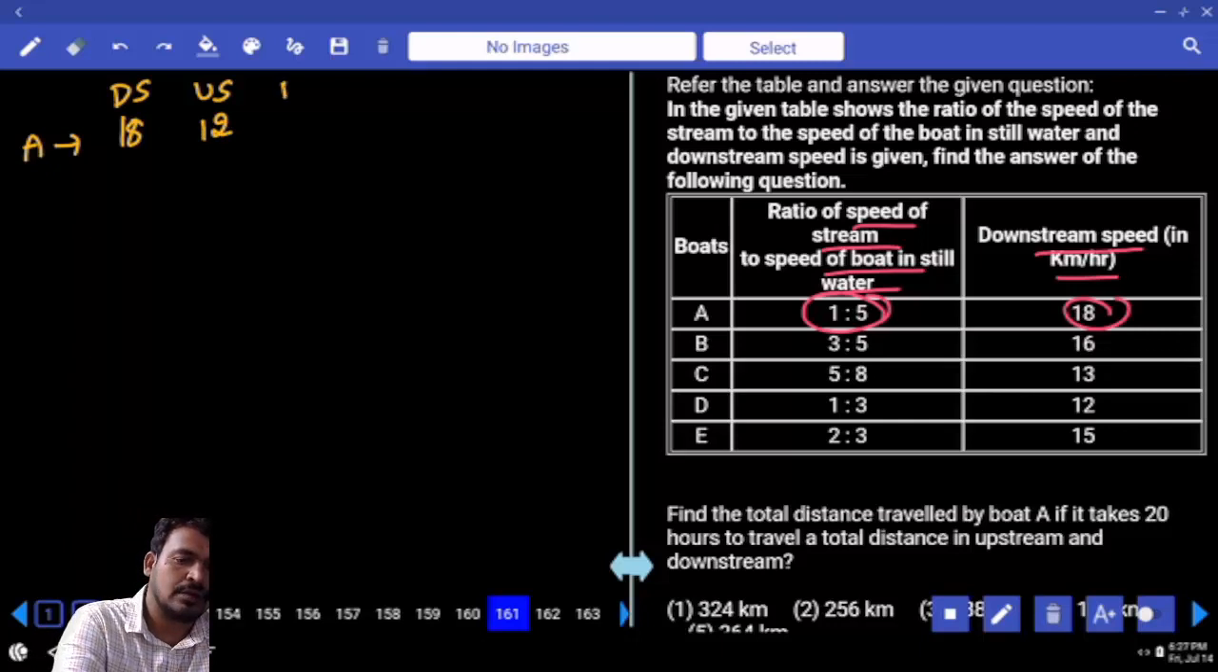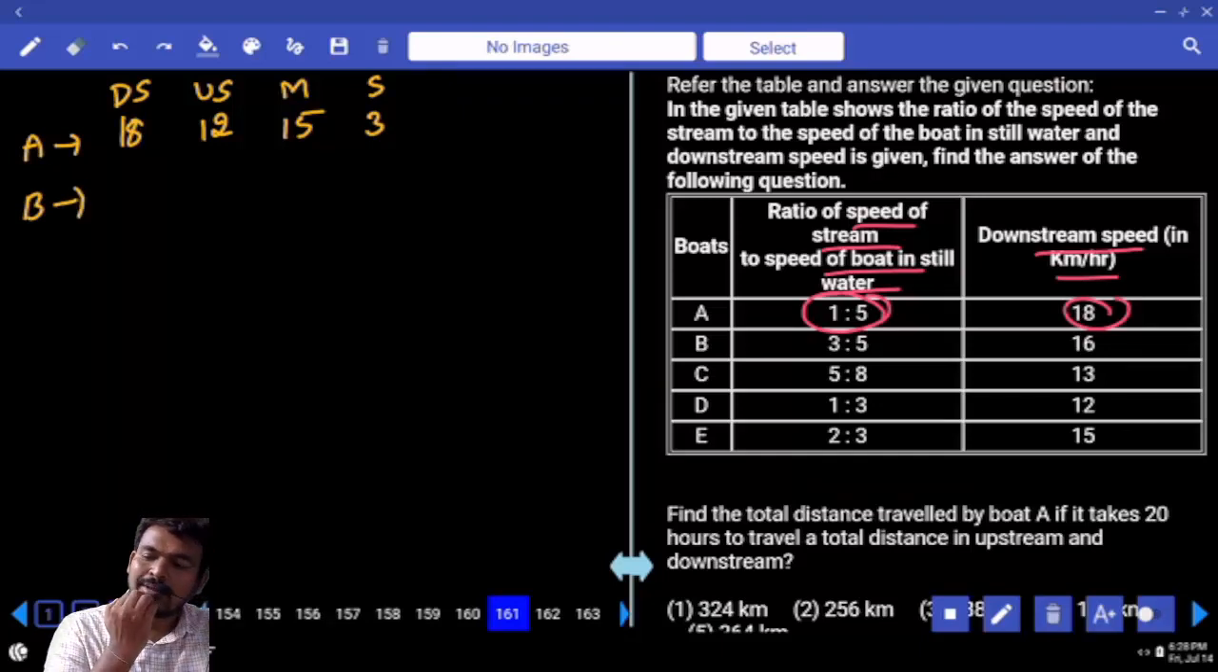And one more, M comma S. What is M? 6 parts are 18 and 5 parts are 15. One part will be 3. In the same way, what is B? What is the downstream speed? 16. Upstream speed? 2 parts, 8 parts are 16, so 2 parts are 4. Then M value is 10. S value